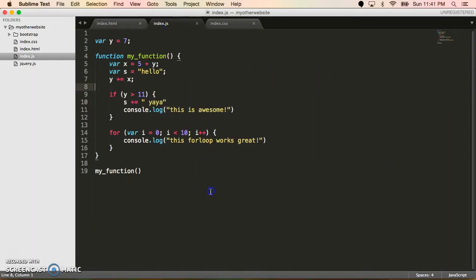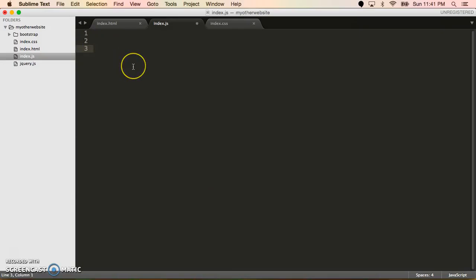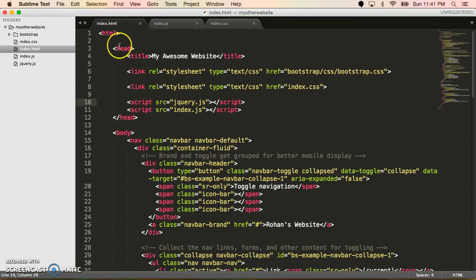Now jQuery, like I said, allows us to do some things a lot easier, and it also much more exemplifies the event-based programming nature of JavaScript. So I'm going to get rid of this code from last time. And so the first thing we want to do is have a function which runs when the page loads. Now this is critical because, as we talked about in the first lecture on how the internet works, the server basically sends a bunch of files like the HTML, it sends the JavaScript, it sends